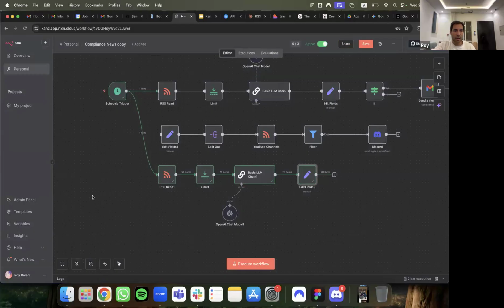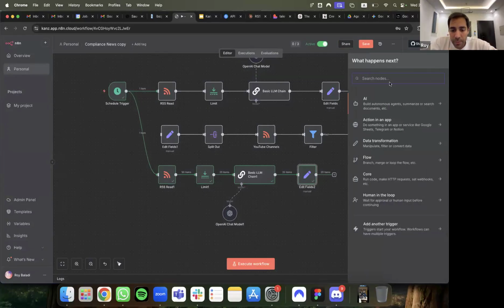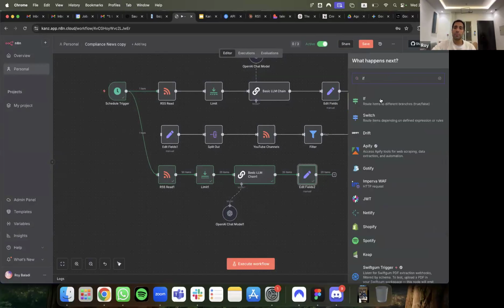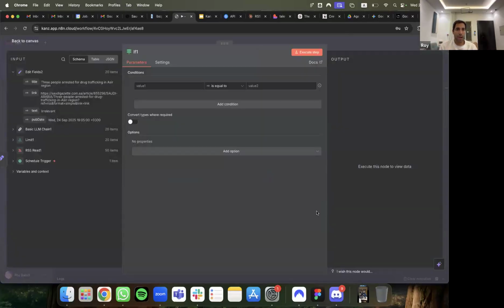Everyone who is stuck on, let me keep going. Let me hit the if node, plus if, boom, it connects. Give me, Mirna, text as context. Text is the output of the basic LLM. That's exactly it, Mirna. Text is the output of the basic LLM, and all the others are the output of limit, which is the same output as the RSS feed, but it's just limited the number of responses. Everybody, do you have the if in?